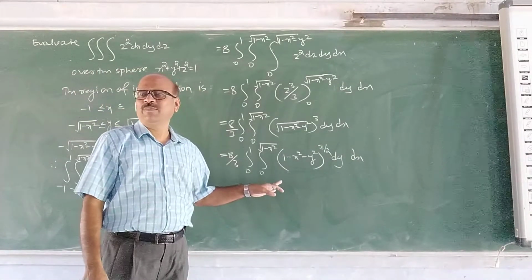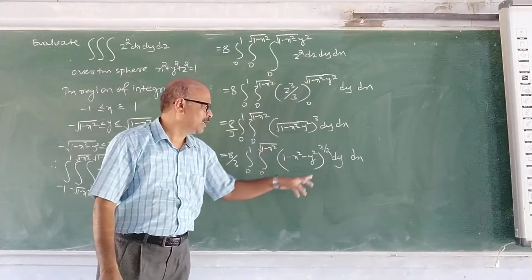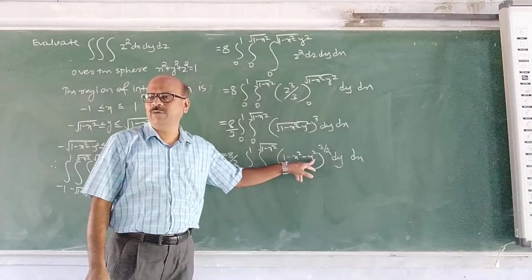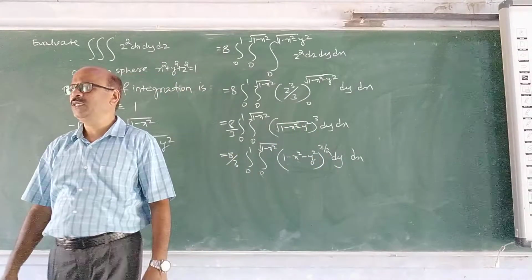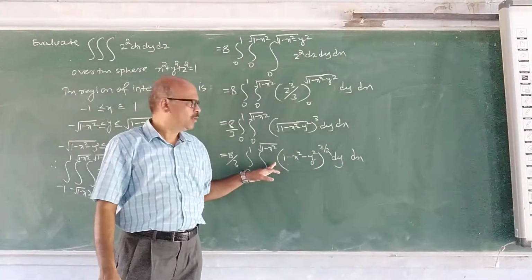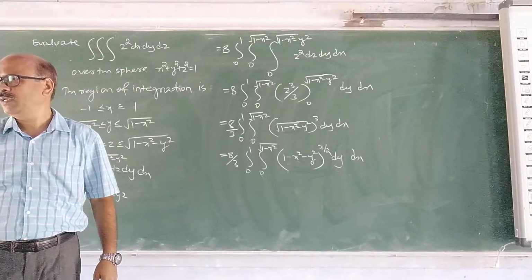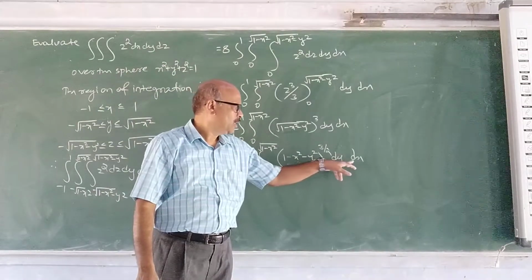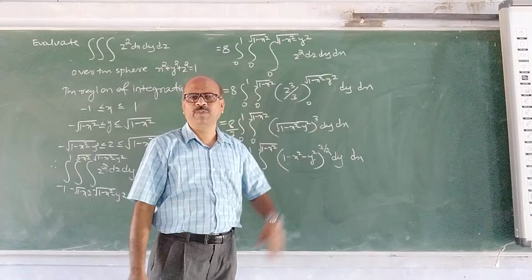Since we have taken this as repeated integrals, we can substitute only in the inner integral. We have to take x, 1 minus x square as constant, y is variable. So we can treat this as an ordinary integral, means integral of a single variable. But if you change variables, both x and y are changed at a time. That is a separate topic. It is not change of variables here. Change of variables means we have to change both x and y at a time, and that is a separate topic.